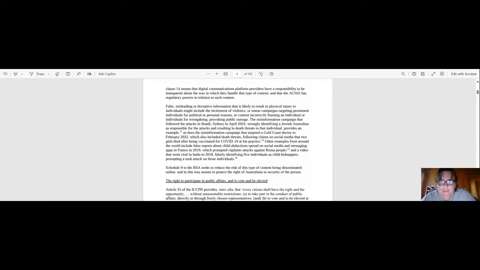So, false or misleading, deceptive information that is likely to result in physical injury to individuals might include incitement of violence, a smear campaign targeting prominent individuals, political persons, of wrongdoing or causing public outrage. So that's what this client's done. So by telling Jacinta Allen that she's done a really shit job, I'm smearing her basically. At what point does this become that? Because I do this all the time. I say things about laws that are stupid, and